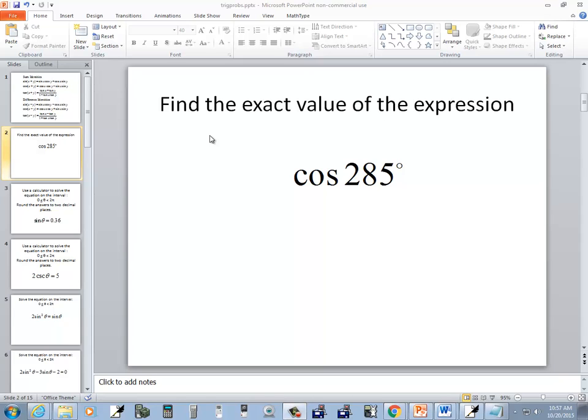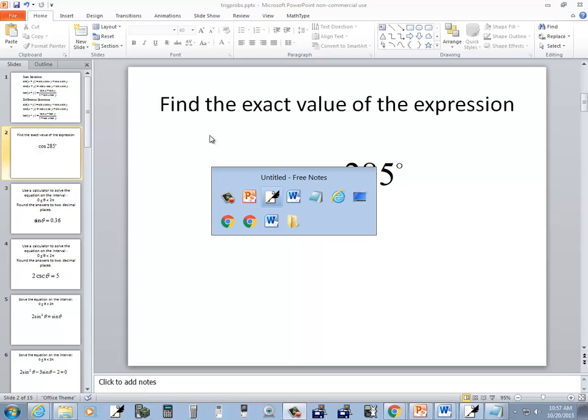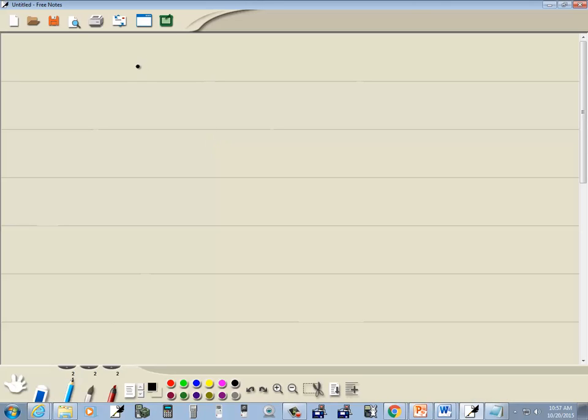Find the exact value of this expression. We've got cosine of 285 degrees. Okay, if we go around our unit circle, here's 0 degrees,